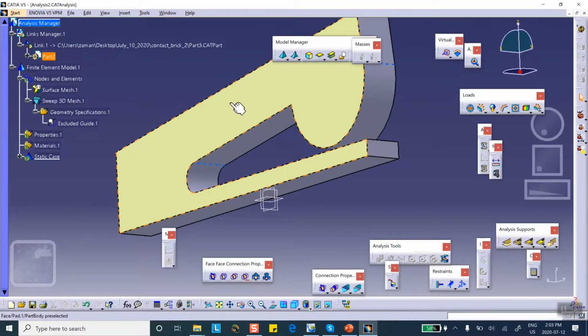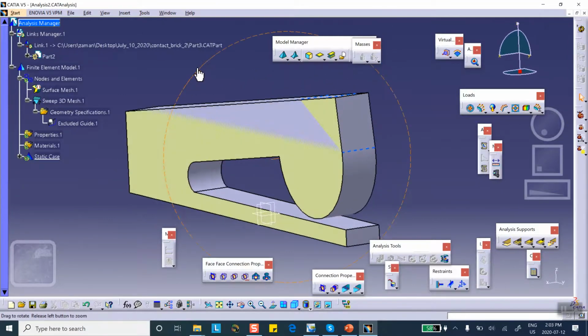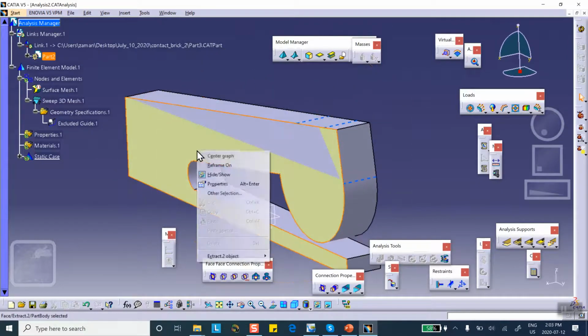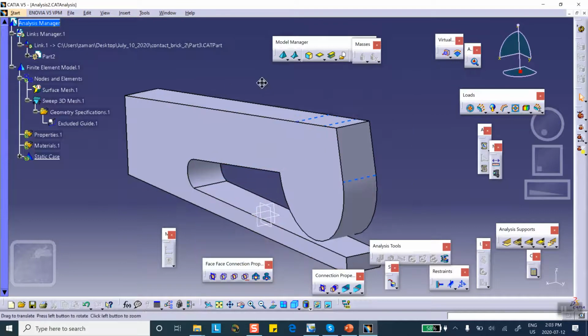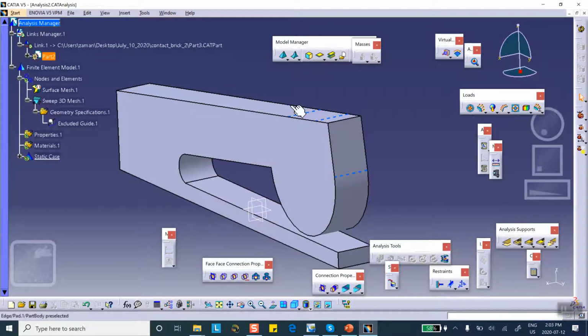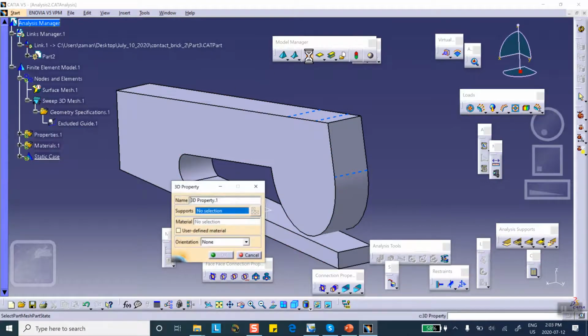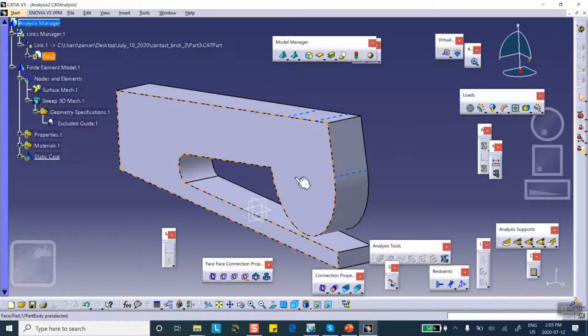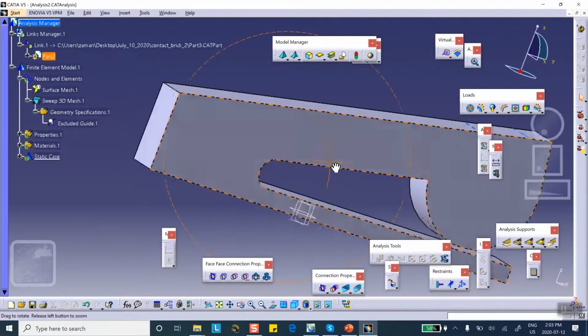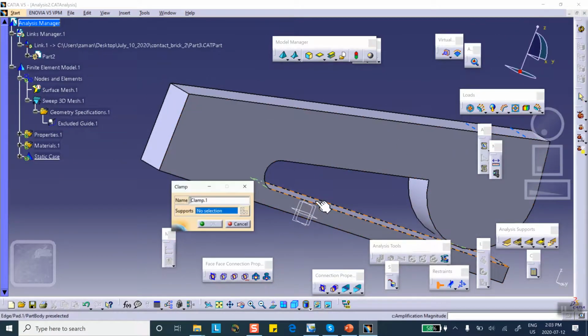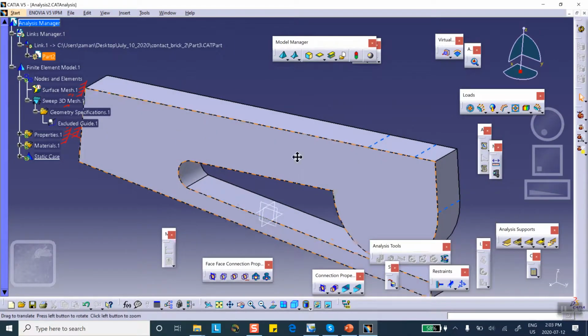Okay, excellent. So first of all, I don't need this extracted surface. I'm going to hide it. Then we have to do 3D property because we swept this mesh. It doesn't know what the properties of it is. You click on 3D property and you select the swept mesh, and it immediately picks the material, aluminum. You're almost done. So the left side is clamped. Okay. The right side